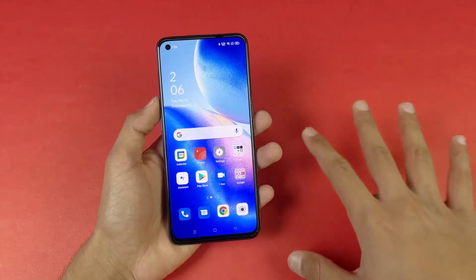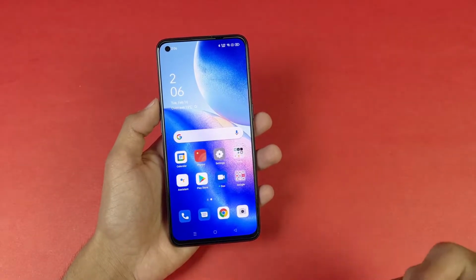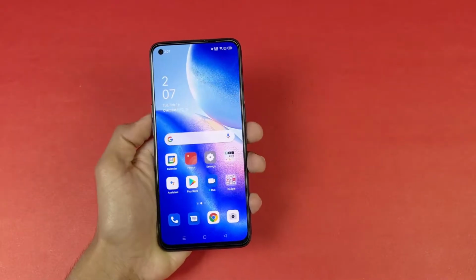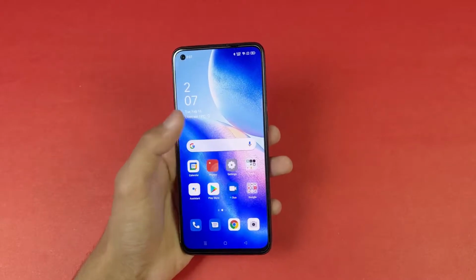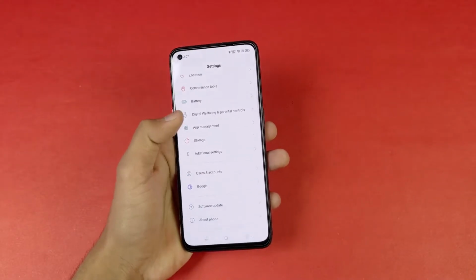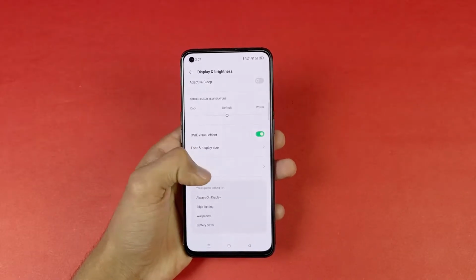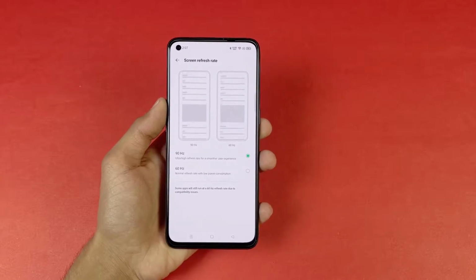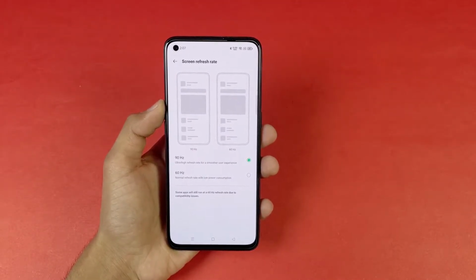And guys, this time we get a single front facing camera on the front, which is much better compared to the dual front facing camera that we got on the previous Oppo Reno 4. And with a 90Hz refresh rate display, your phone feels smoother than before. Let me go to the display and brightness area and go to the mode section. Guys, this time we get a 90Hz refresh rate display on this phone, which is a huge upgrade over the